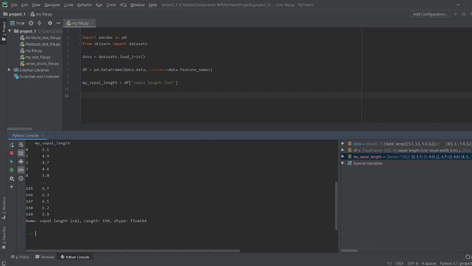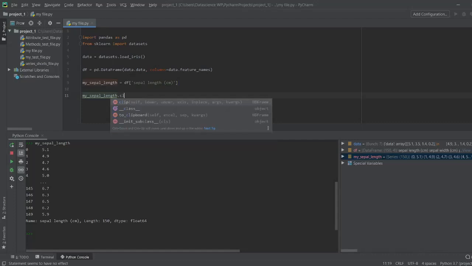So let's say we want values between 5 and 6. We can use the clip method and achieve this idea of getting all the values between 5 and 6.